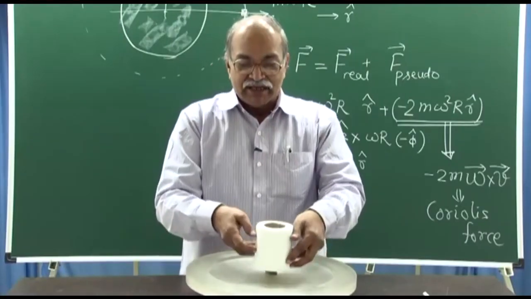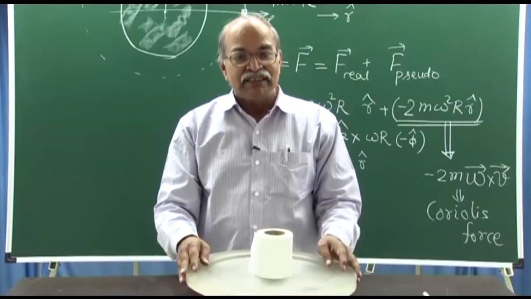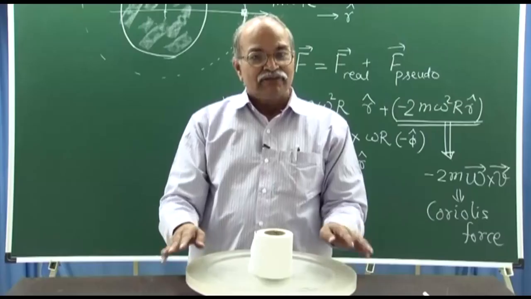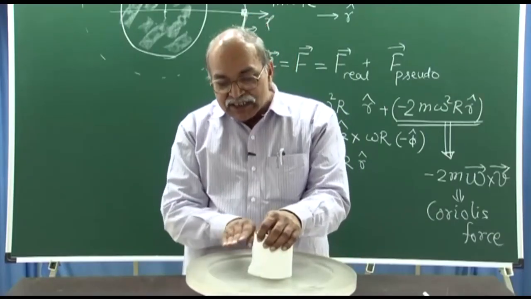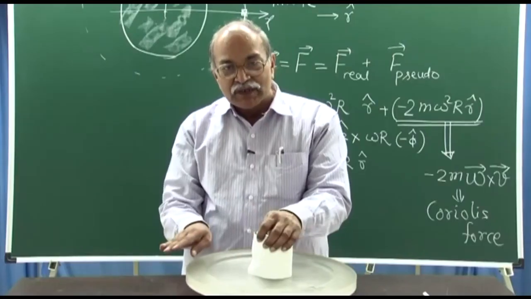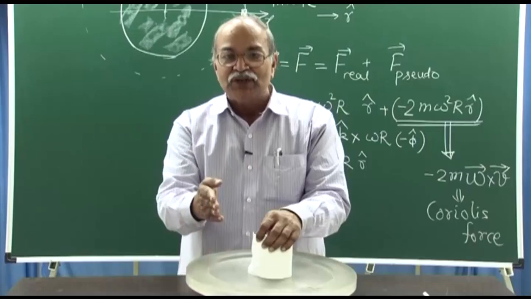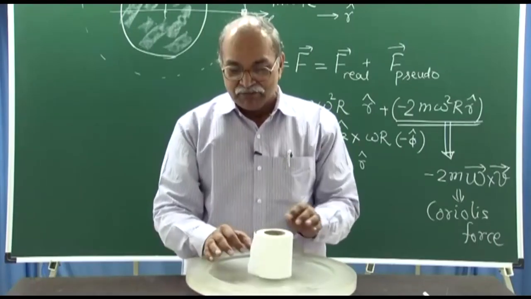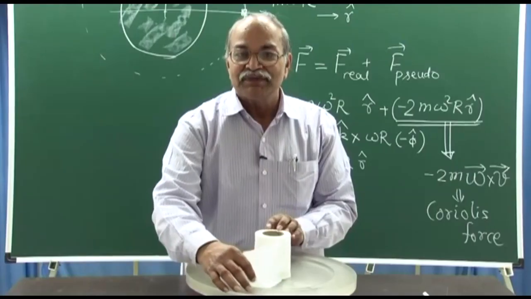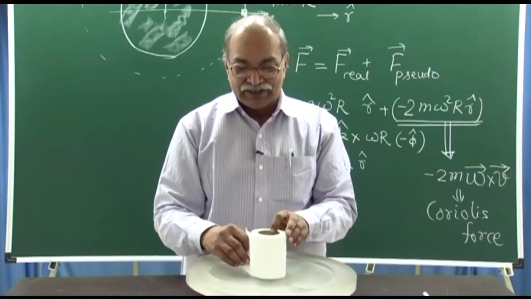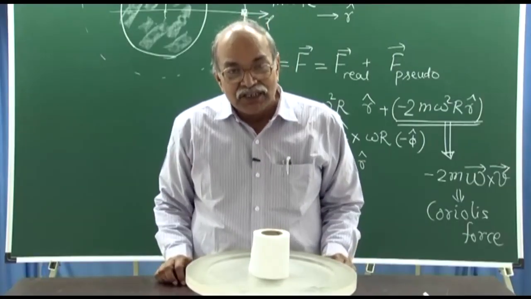But if my roll is like this, once again when this disc is rotated, from the disc frame, centrifugal force creates some kind of radial velocity outward, and omega is there. Once again the Coriolis force is in the same direction, but if I apply the force in this direction, it opens up. So, it opens. So, you can explain it in terms of Coriolis force.